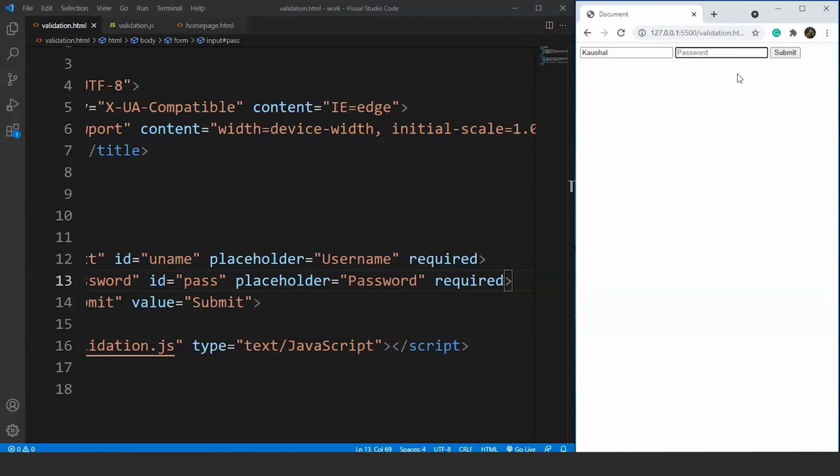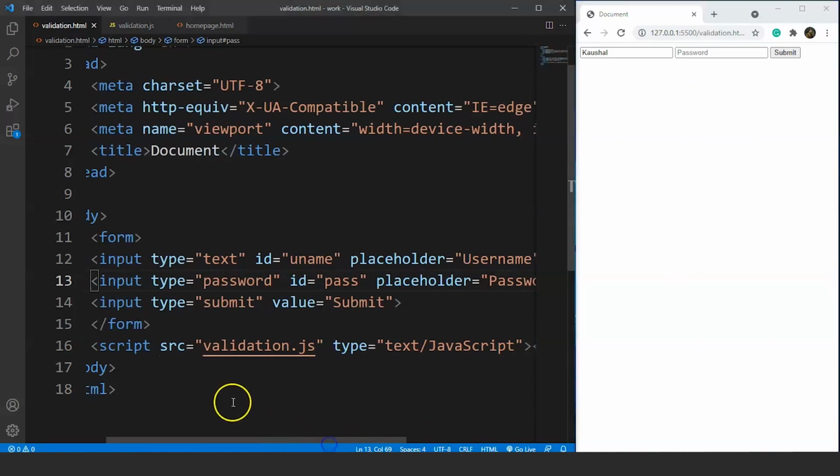What we'll do today is we'll create a basic sign-up form with three text boxes. One is for the username, the other one is for the password, and we'll add one more box for age. Half of the work is already done, and we have to add one more box now for the age. So age is just a number, right? So we can add a text box over here.